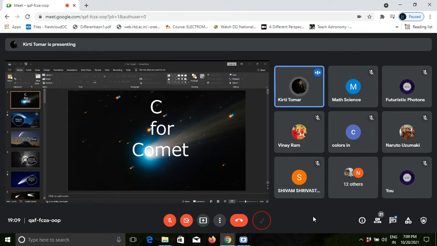The ion tail points almost exactly away from the sun and glows bluish in color because of the presence of CO+ ions. The comet tail is made up of material from the comet, gas from the ices and dust that is mixed within the ice, and they escape as the comet melts. So the tail always points away from the sun due to the solar wind.